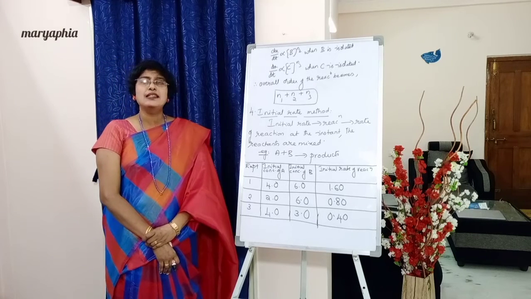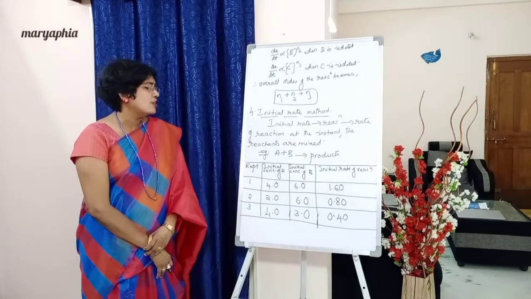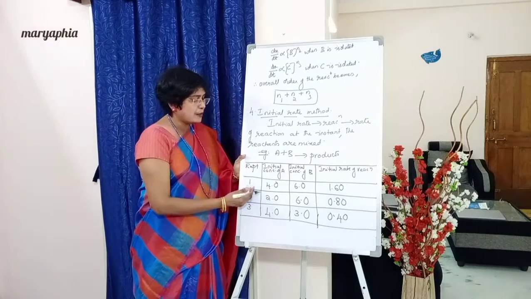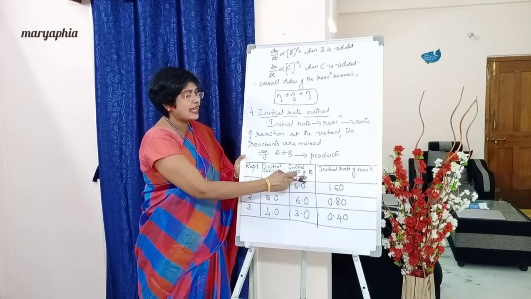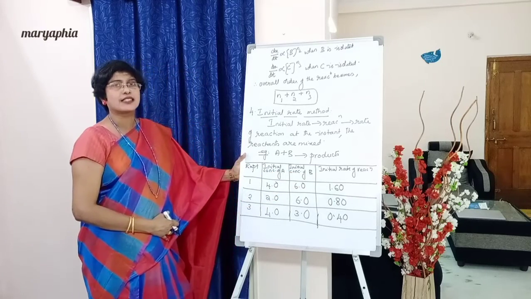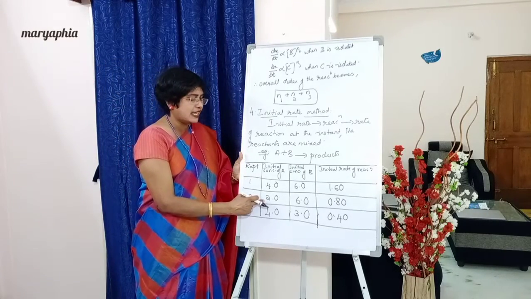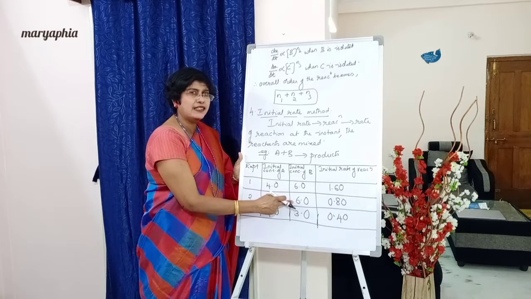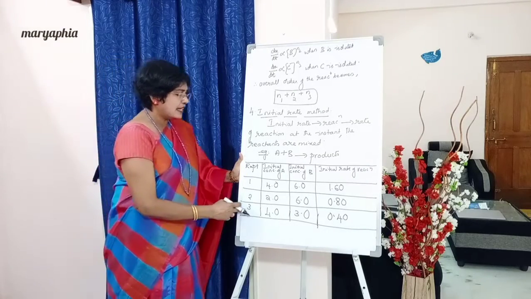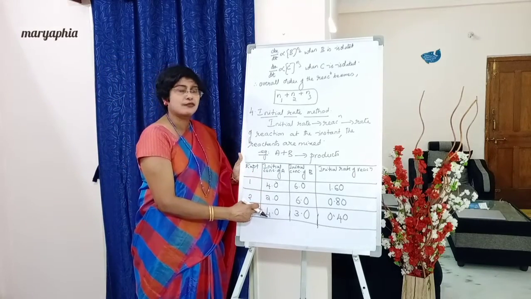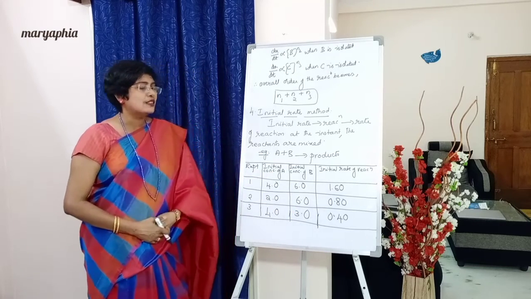Okay, so performing 3 experiments to determine the order of the reaction using the initial rate method. Initial concentration of A in the first experiment taken as 4, initial concentration of B taken as 6, then initial rate of reaction 1.6. Next, experiment number 2: initial concentration of A is 2, initial concentration of B is 6, initial rate of reaction 0.8. Next, third experiment: initial concentration of A is 4, initial concentration of B is 3, initial rate of reaction 0.4.